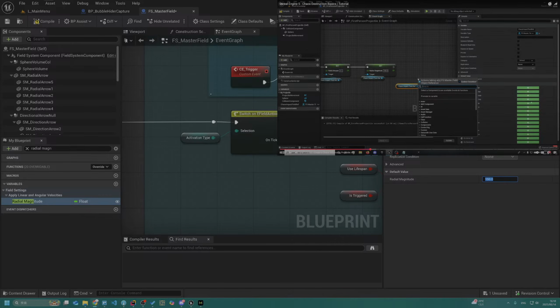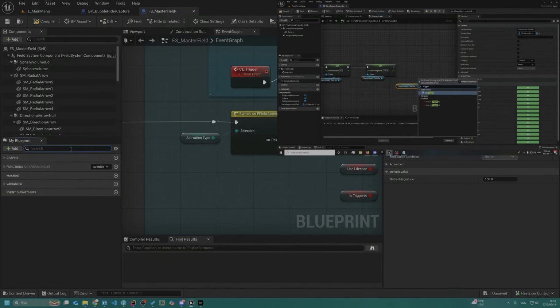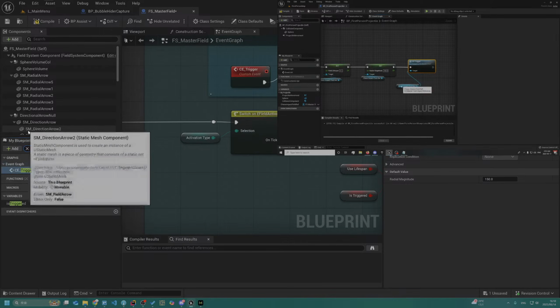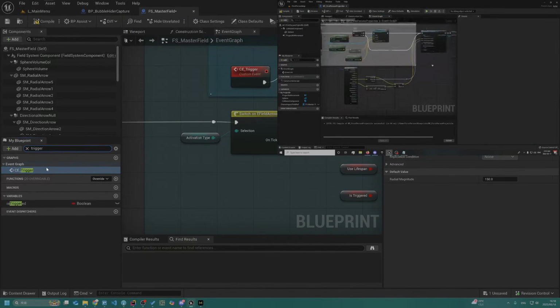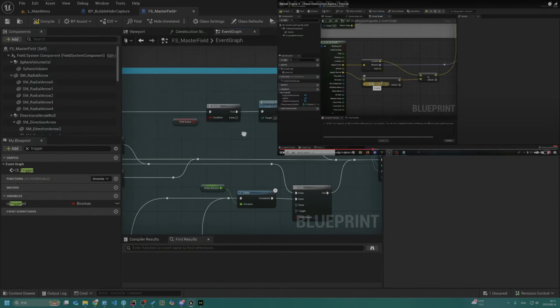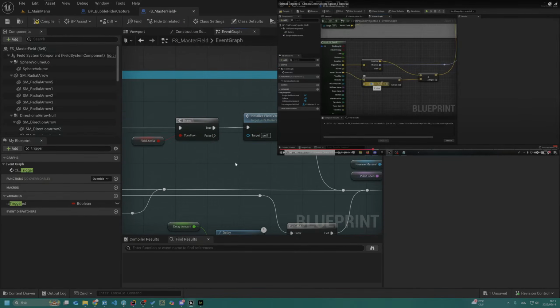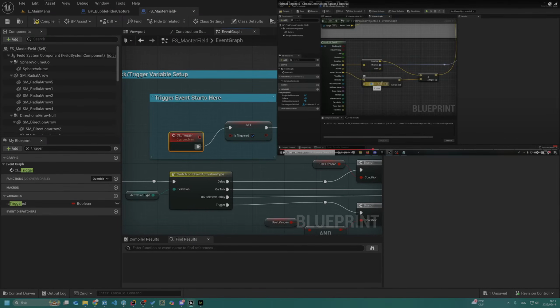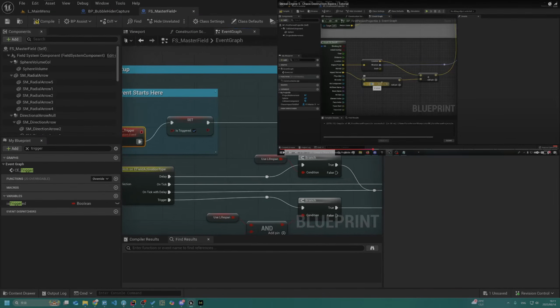And also search for trigger and get the event for CE trigger. CE trigger, what is that? After all that runs, we can actually come back here. Trigger event start here. It's a custom event.